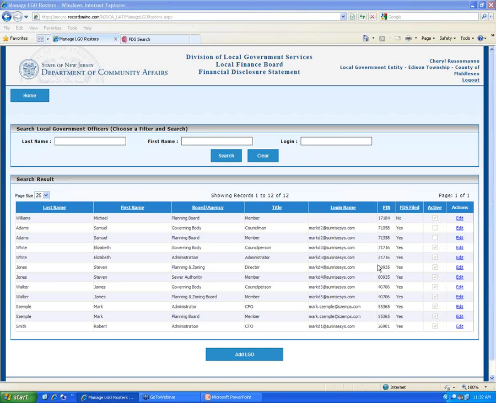Where the dependent comes into play is if, just say hypothetically, there's a dependent, a child whose name is on a deed to a piece of property or something of that sort. The dependent's name is being listed, but only because that's the response to the question. Because the questions typically say that you have to provide a response that applies to you or a member of your immediate family.